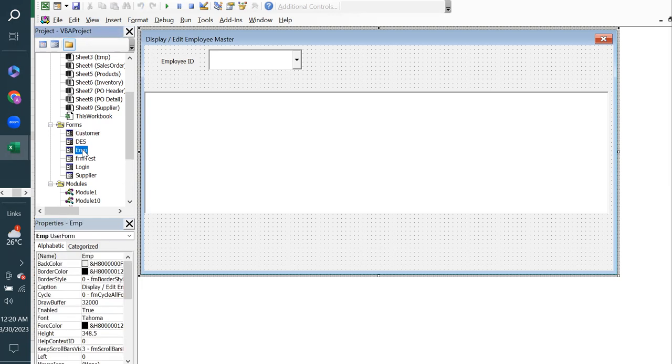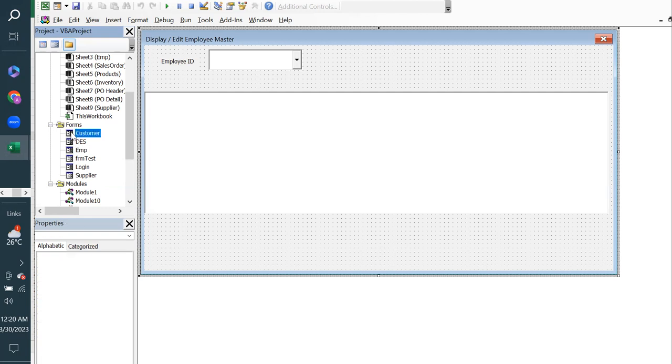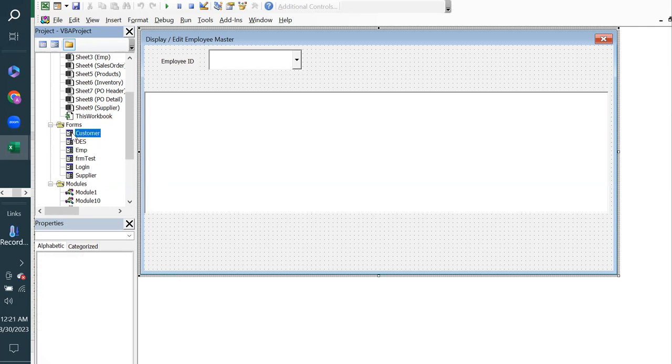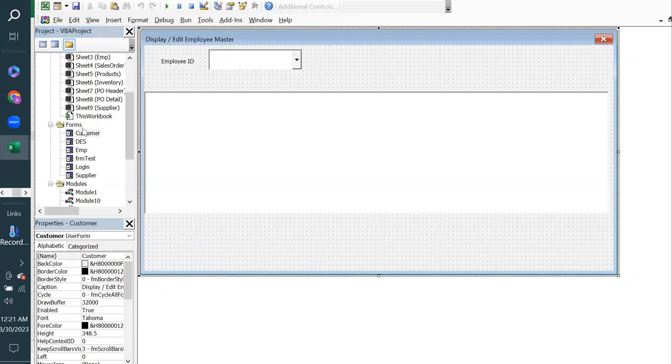So virtually you have been successfully able to make a copy, a replica, a duplication of the employee form. This is actually the employee form. All you need to do is rename it, export it, and then import it. If you double click it, this is all employee. All you need to do now is go into the caption in